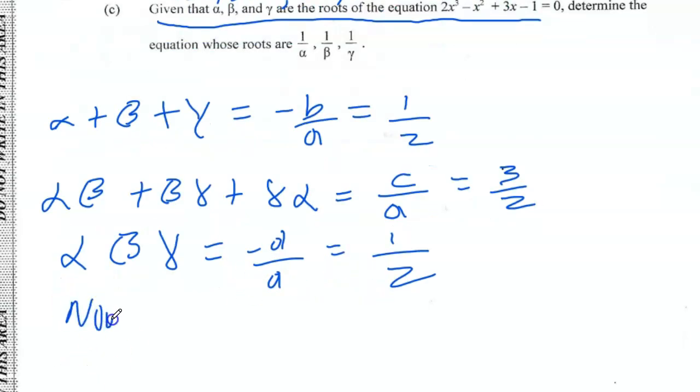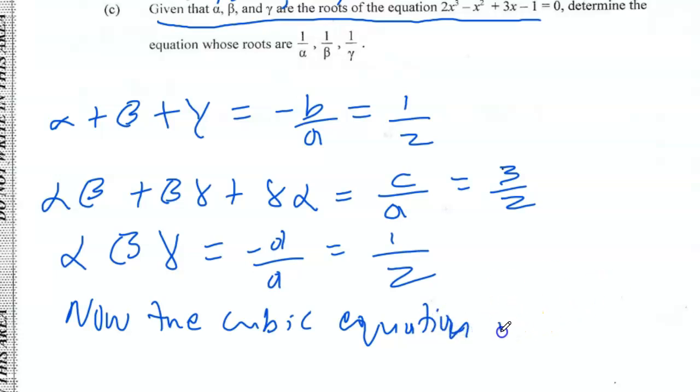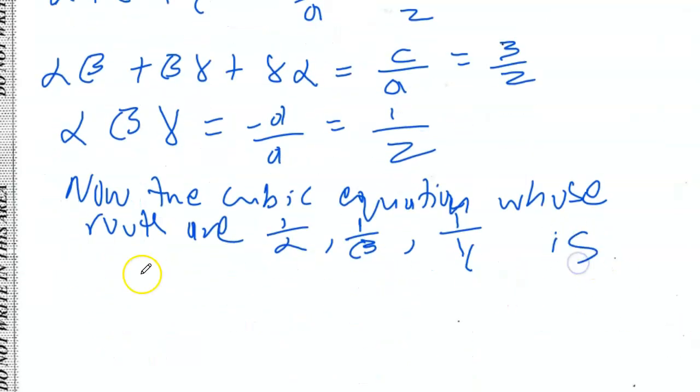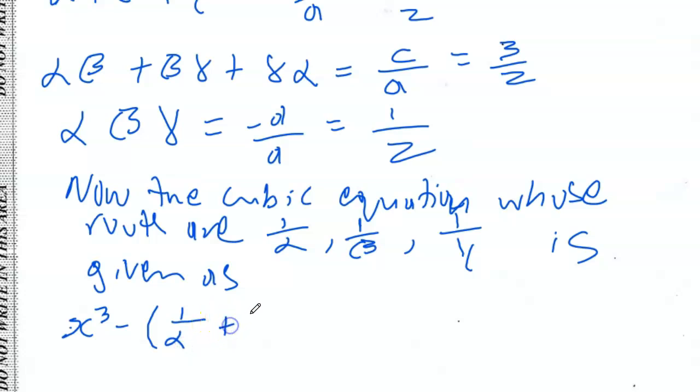Now, the cubic equation whose roots are 1 over alpha, 1 over beta, and 1 over gamma is given as x cubed minus the sum of the roots, and these are the roots, so the sum will be 1 over alpha plus 1 over beta plus 1 over gamma